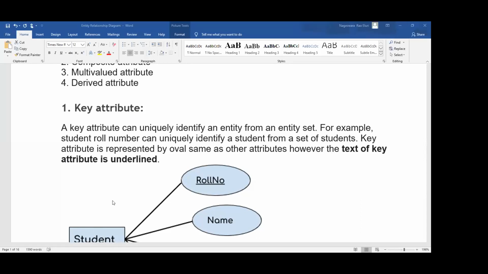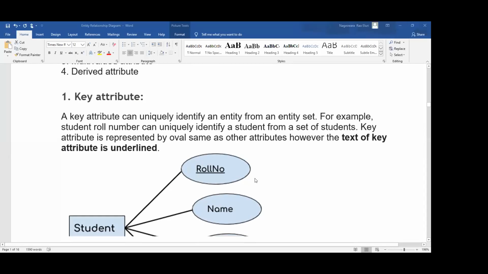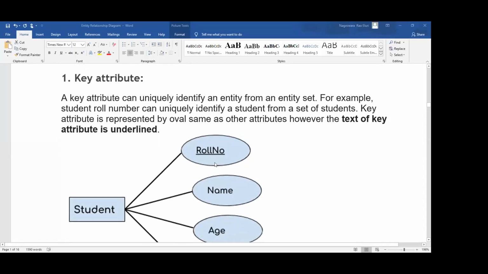Now, what is the use of a key attribute? It identifies all the data related to that entity based on this key mechanism. How can you identify a key attribute? Any attribute whose text is underlined is called a key attribute. It will not allow duplicate data.